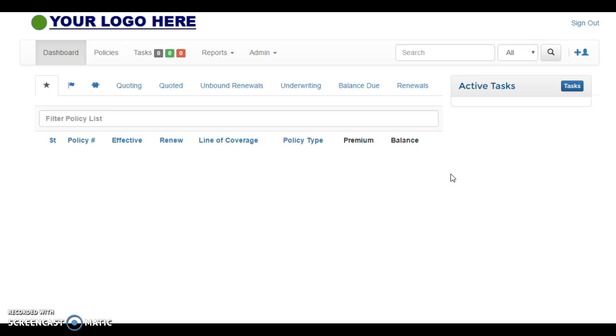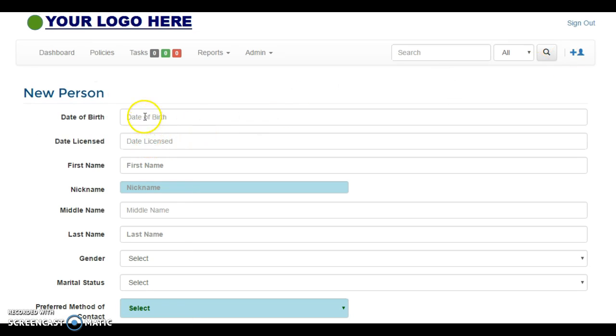This is the insurance module. Step 1 is to create a new person. You simply click on the person icon in the upper right hand corner, enter in your desired data,